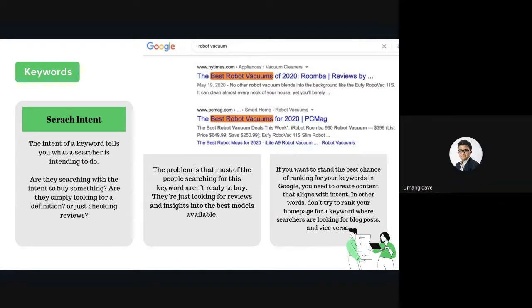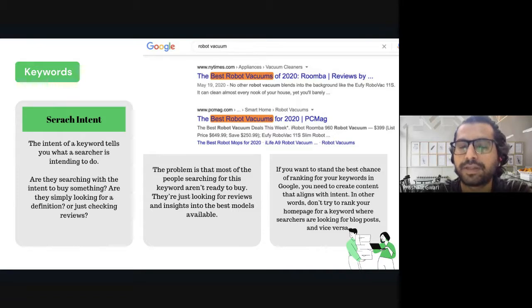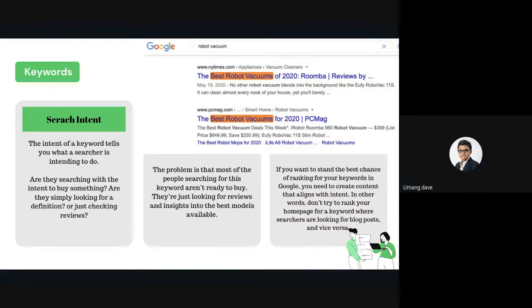Okay, sir. Does the bid change every month? Every month a new bidding starts. Yes, because everyone is bidding, everyone wants to come on the first page. So you have to check all the time, because if you are not receiving clicks, that means your bid is low. If you are receiving clicks, your bid is good. But if it's not receiving clicks, your bid is low, and you need to change your bid.